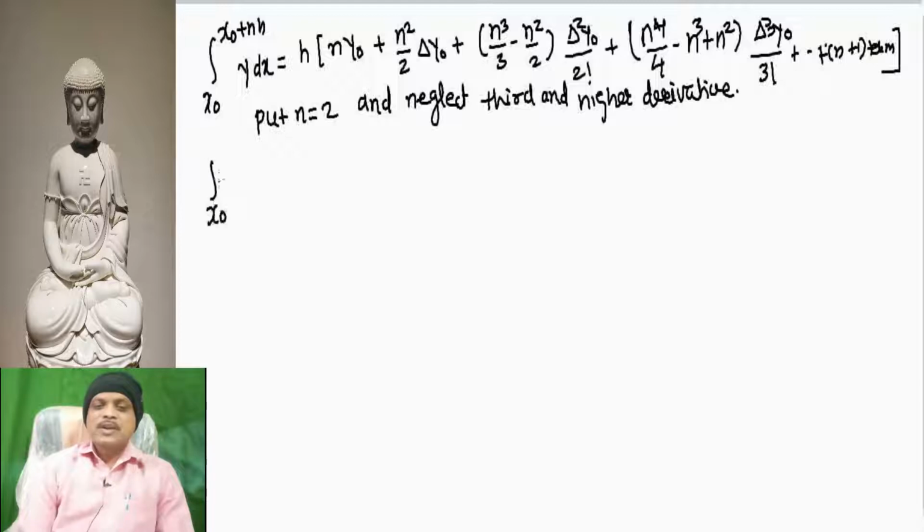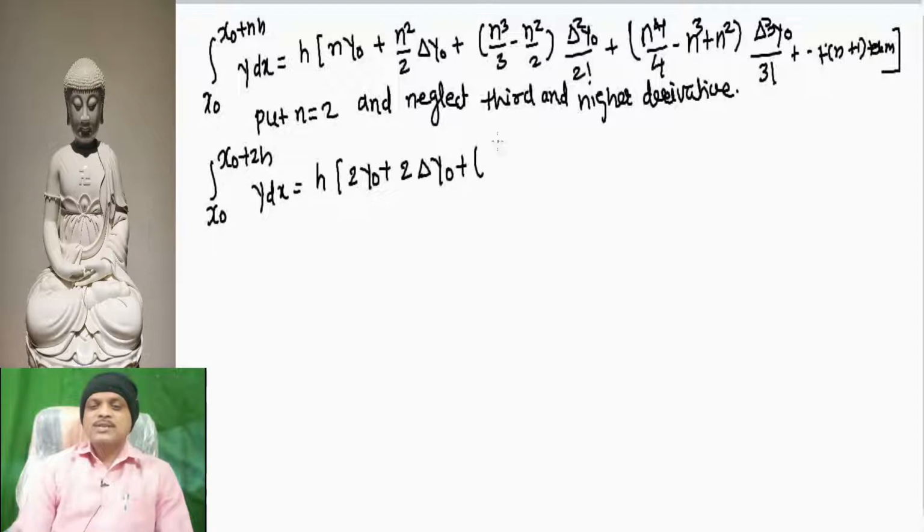Therefore, we have the integration from x0 to x0 plus 2h of y dx equal to h into [2 y0 plus n squared, 2 squared is 4, divided by 2 is 2, into delta y0 plus (n cubed, 8, divided by 3 minus n squared, 4, divided by 2, we get 2) delta squared y0 divided by 2 factorial,